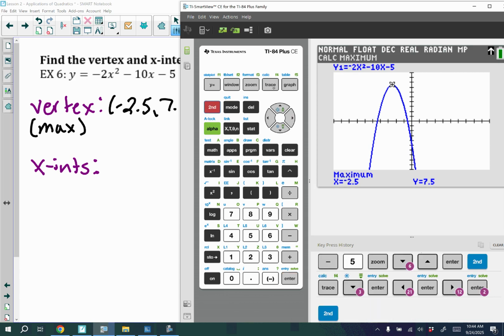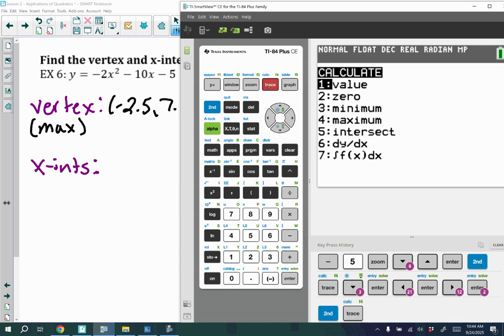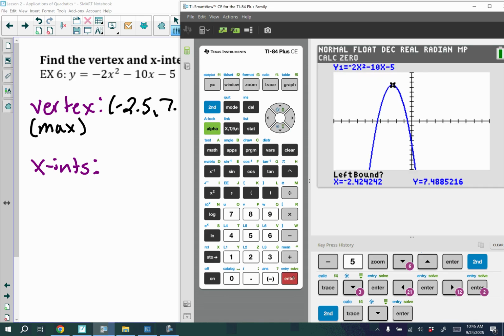We're going to press second and the trace key. Now, another name for x-intercepts is 0. So we're going to go to number 2 where it says 0. That's just another name we call x-intercepts. And we're going to press enter. Now, we're going to actually have to do this twice because we have 2